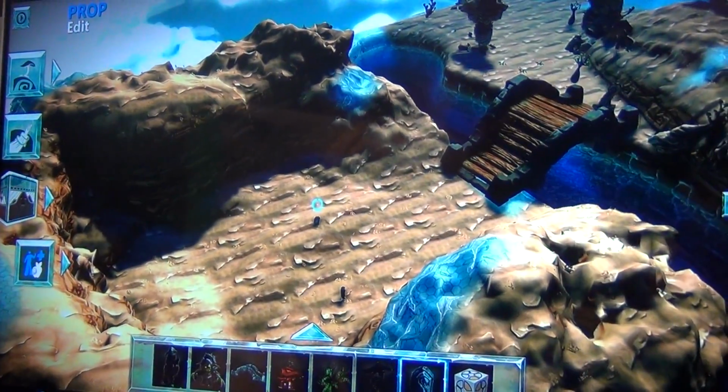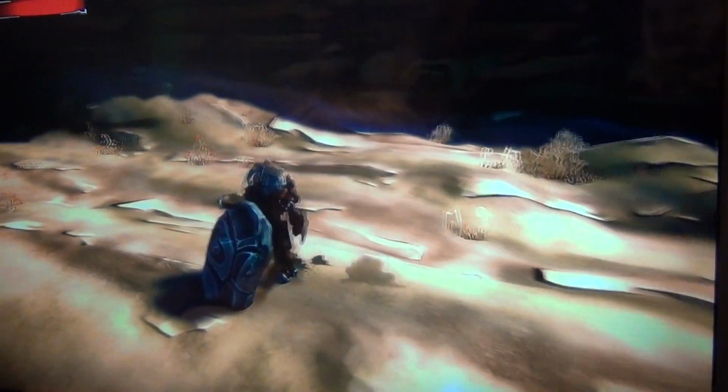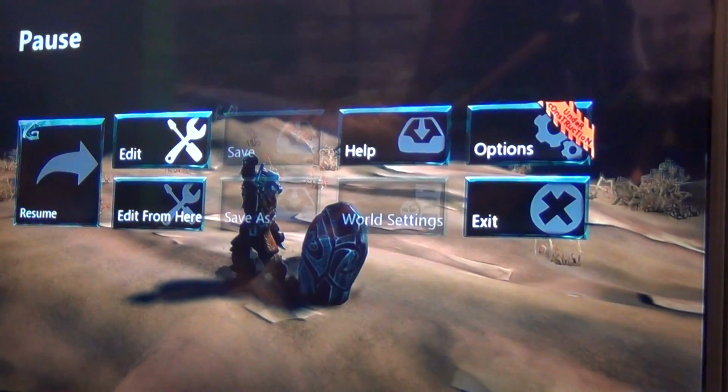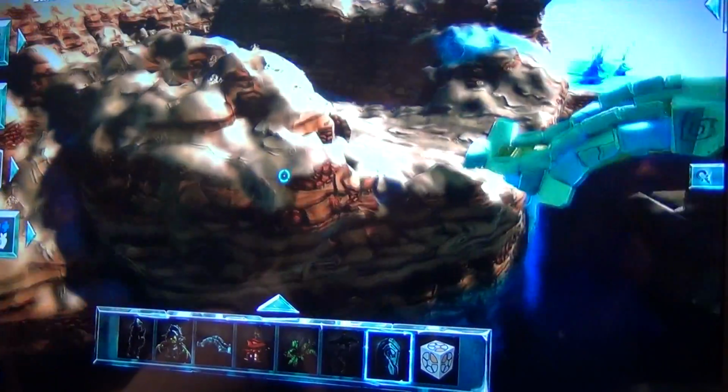You see this rock here? There's nothing really all that special, right? It's just a dumb rock. I can't hit it. Nothing special about it. When I go into edit, even rocks have brains. So what I can do to the rock...